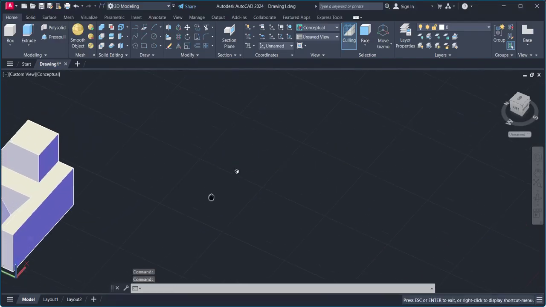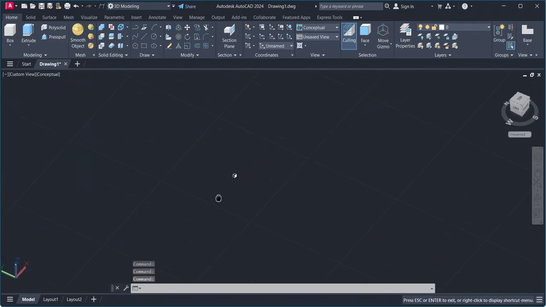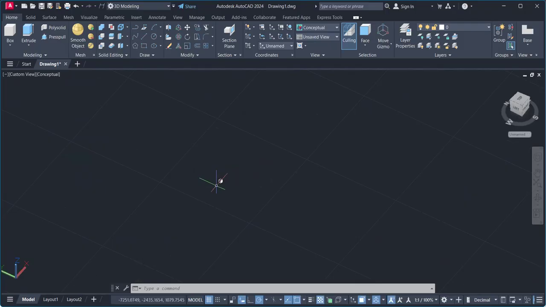Okay, if this is clear, then I come to the next part. The next part is your union, subtract, and intersect. What do union, subtract, and intersect do? If here I create a box,